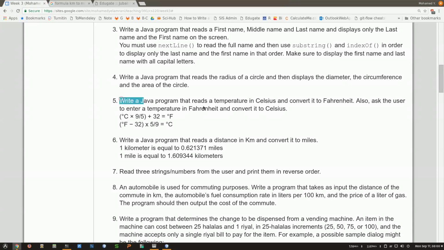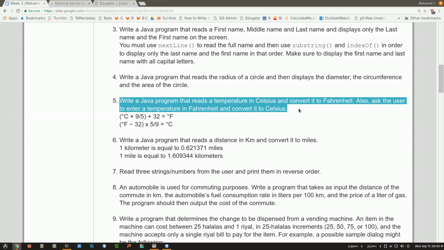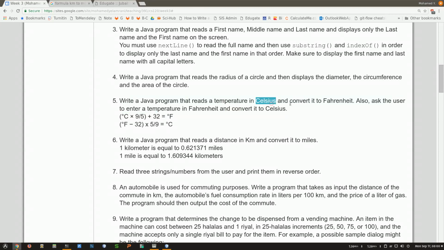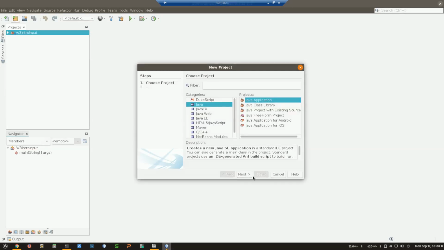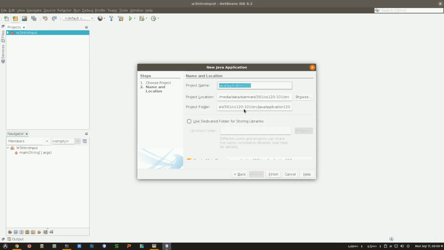Okay, so we're going to be doing this exercise, which will be converting from Celsius to Fahrenheit and from Fahrenheit to Celsius. So I'm just including the formula so we know what to do. Now I'd like to go to NetBeans and create a new project. Every time you always create a new project, so I'm going to name that week 3 exercise 5, and let's